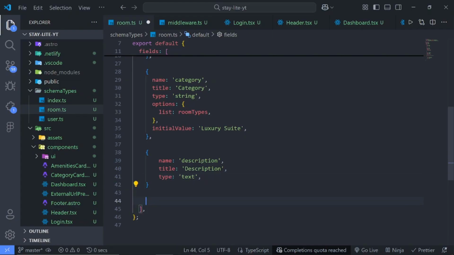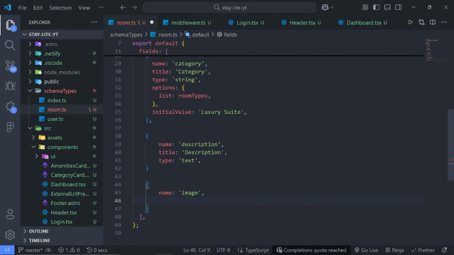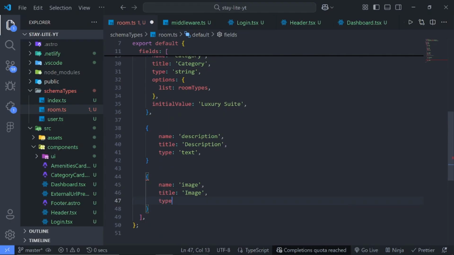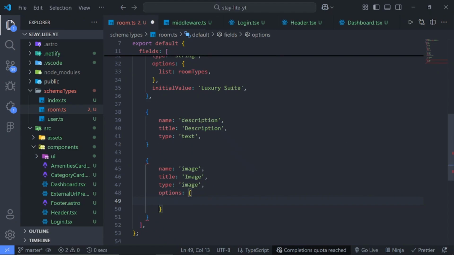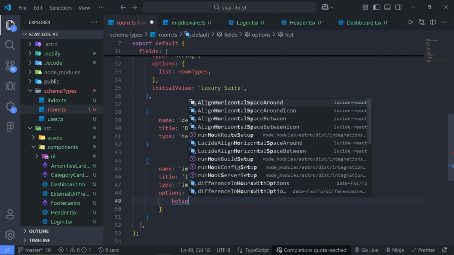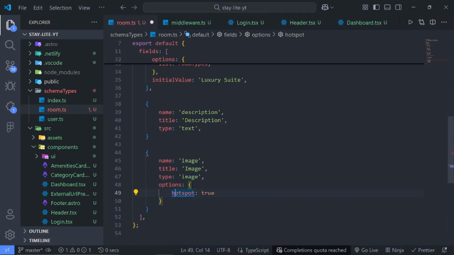Then for the images, do the same thing. Say image. The title will be image, and the type will also be image. Then we need options here. So add a property called hotspot. I'll set it to true. Let me add this to workspace. All right. So basically, this hotspot allows you to crop the images or basically edit the images